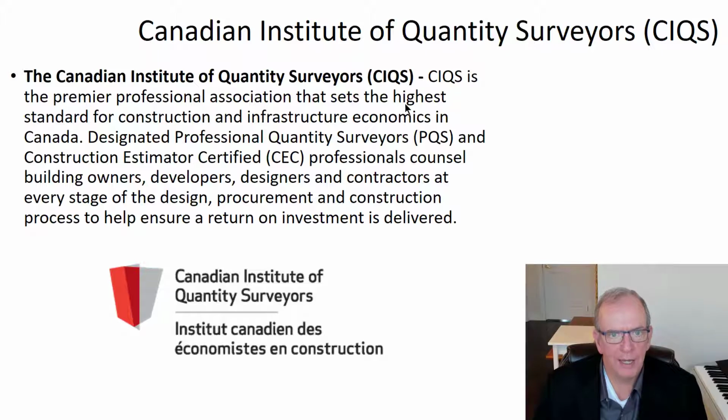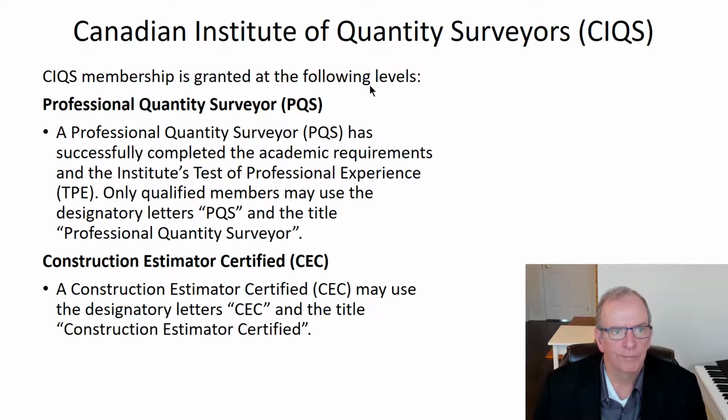If you want a Canadian designation, then you would be looking at PQS, Professional Quantity Surveyor, and that would come under the Canadian Institute of Quantity Surveyors. And there's also the OIQS, which is the Ontario Institute of Quantity Surveyors. So you see how they relate to each other. PQS is that Professional Quantity Surveyor designation, and only people that have actually met the requirements can carry that abbreviation